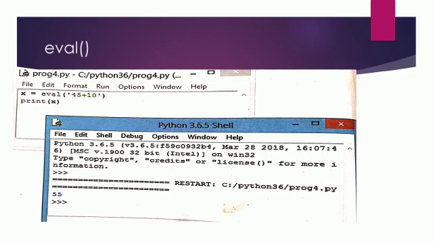You can see the eval function takes 45 plus 10 as the argument. So it evaluates the expression, means it calculates the value of the expression and then gives the output. Okay, so when you print x, you will get the sum of 45 and 10. That is, the output is 55.